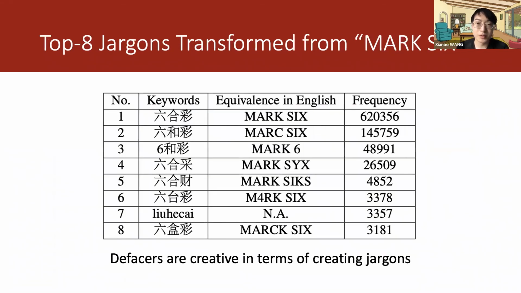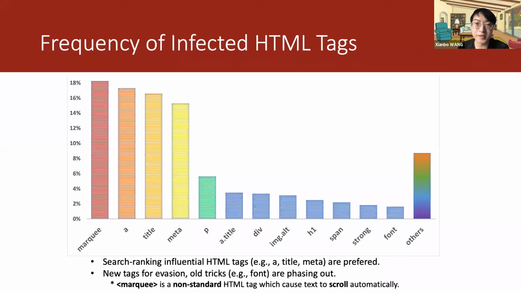This table shows the top 8 jargons transformed from the Chinese term of Mark 6. You can see that this kind of technique is quite common in defacement. And it's surprising to see how creative those defacers are, and they indeed obfuscate keywords with both characters in similar shapes and pronunciations. We count the frequency of infected HTML tags to see what kind of tags are more preferred